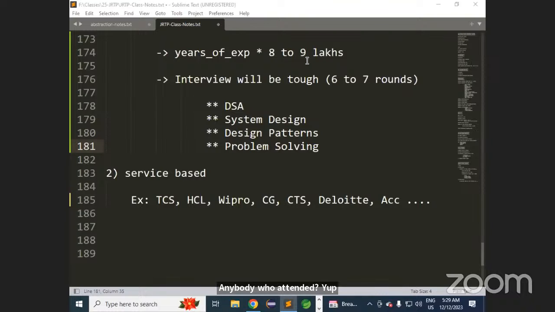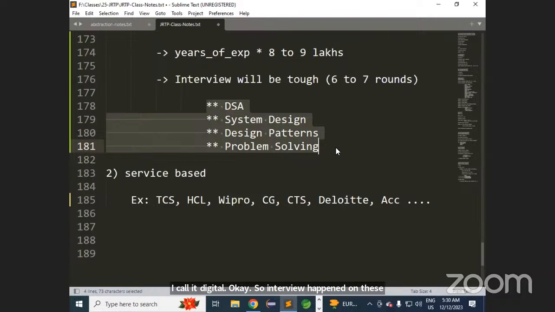Electronics. So electronics company you attended. Mohan Kosuri, what kind of questions they asked? Pramod Sahu, could you please ping one question they asked in the interview? I don't know. Anyone who attended interview in the product-based company? Ecolite Digital. Okay. So interview happened on these concepts, or they asked questions on